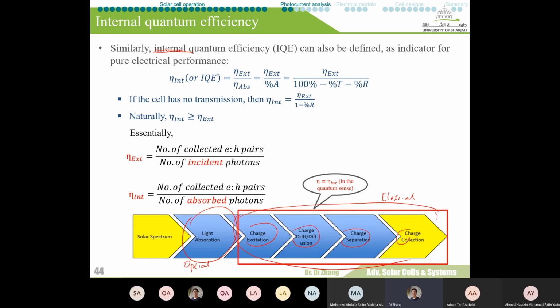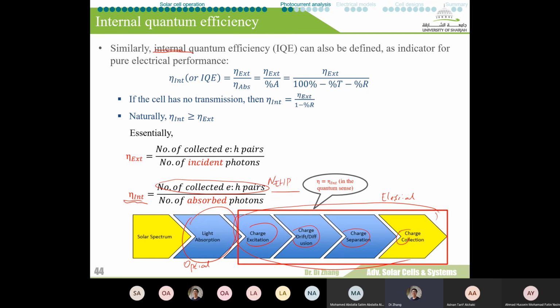Okay, so we already mentioned that the external quantum efficiency covers all the process, but what about the electrical process, right? If we just want to know the pure electrical performance of our solar cell, in this case, can we find another quantum efficiency that talks about this performance? Okay, so for the definition, the internal quantum efficiency is defined very similarly, as the number of electron and hole pairs, that is our NEHP,